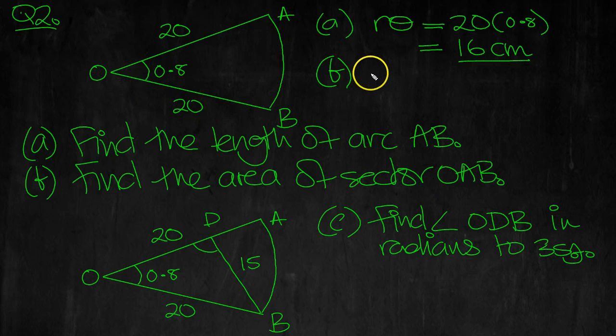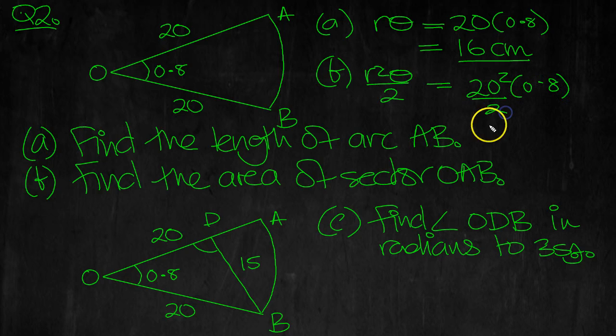So the whole area, if it were a circle, would be pi r squared, which you can write as 2 pi over 2 r squared, can't you? But that's for a whole circle of 2 pi radians. So that tells us the formula for the sector's area would be r squared theta over 2 rather than 2 pi over 2. So that would be equal to r is 20 squared times theta, which is 0.8,